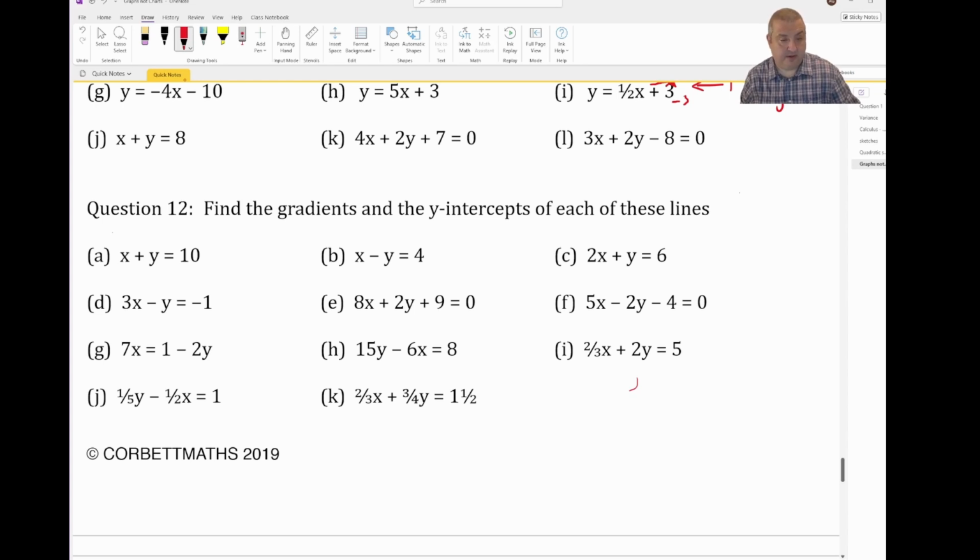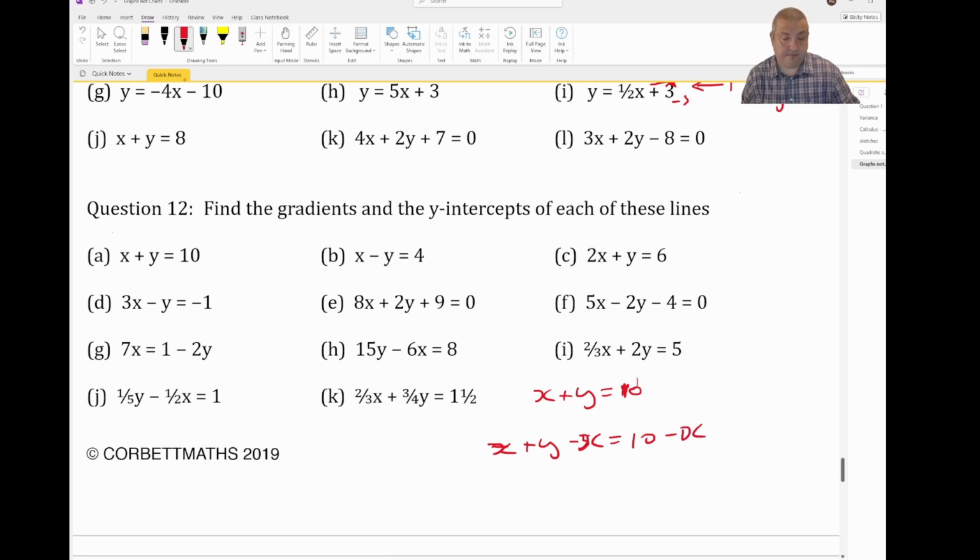We've got x plus y equals 10. If we take x from both sides, we've got x plus y minus x equals 10 minus